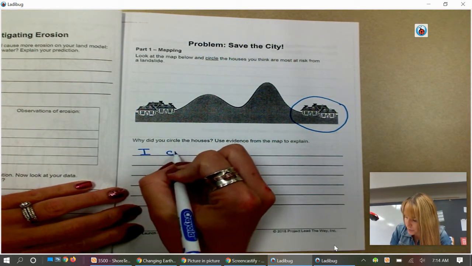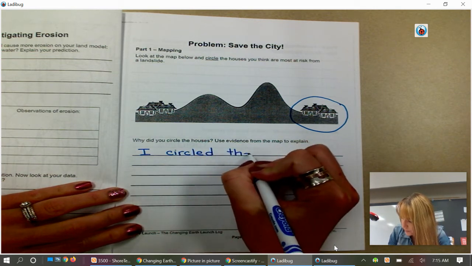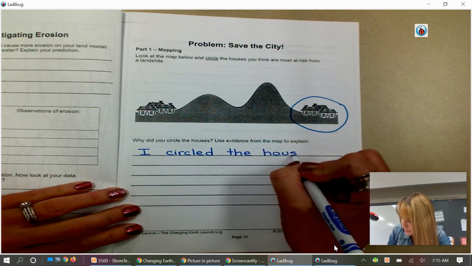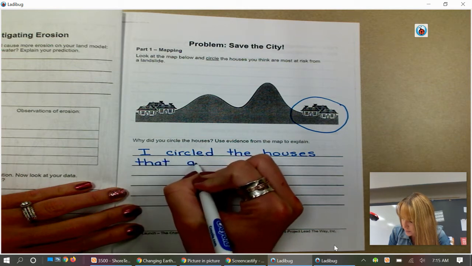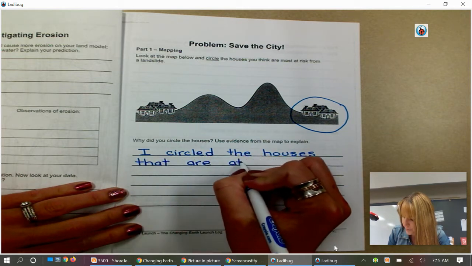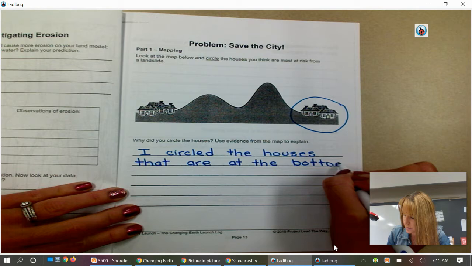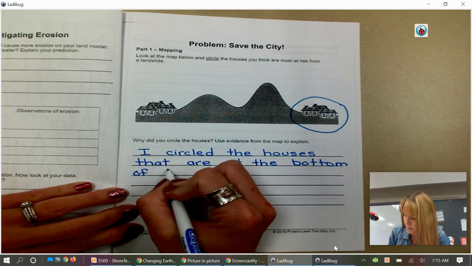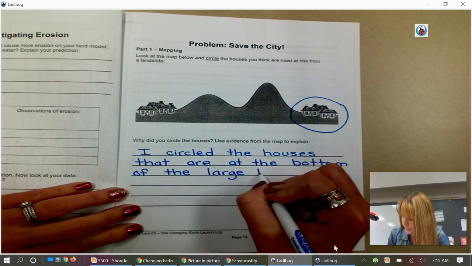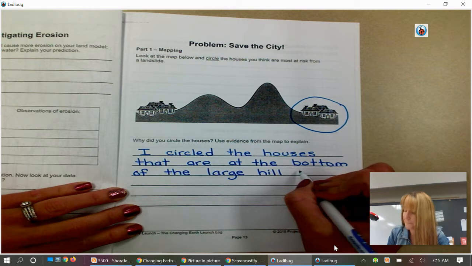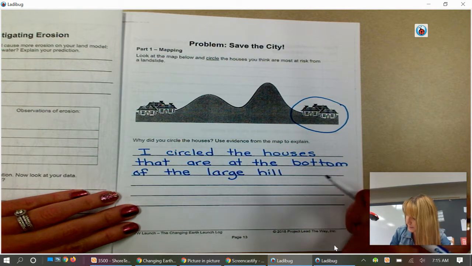I circled the houses that are at the bottom of the large hill. Because it asks us why. And whenever we see why, we say because